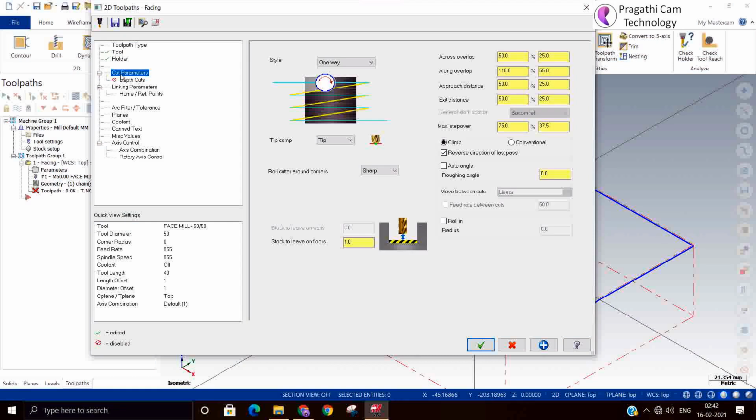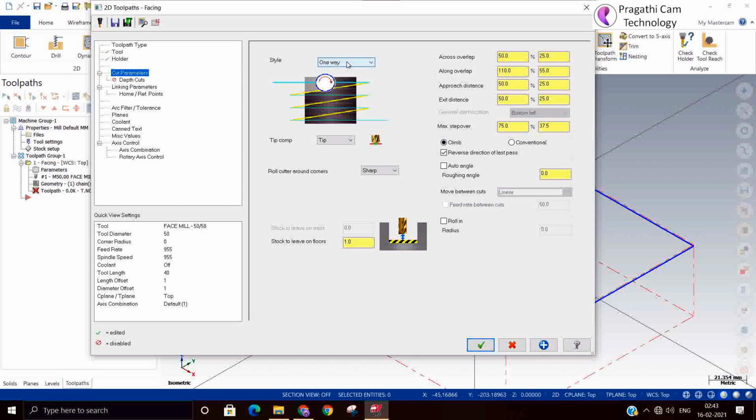So next are the cutting method parameters. These parameters are applicable for this particular toolpath. The cutting methods are zigzag, one way, one pass, and dynamic.